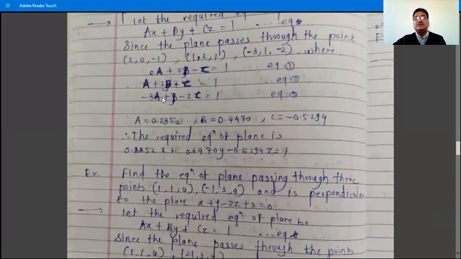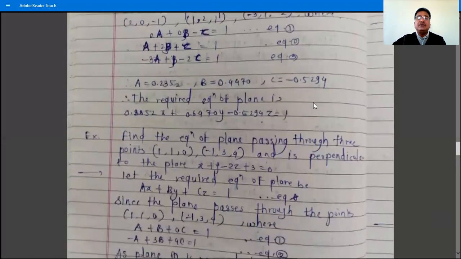In order to solve these 3 equations, either use the calculator or use the method of the previous year, that is the Gauss elimination method. Form the augmented matrix and convert it to echelon form and find the solution of this system. There are 3 equations and 3 unknowns, capital A, capital B, capital C. So use the Gauss elimination method, and then find the values of capital A, capital B, capital C. These are the values.